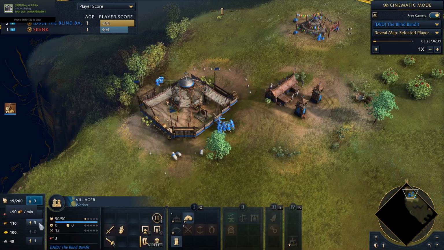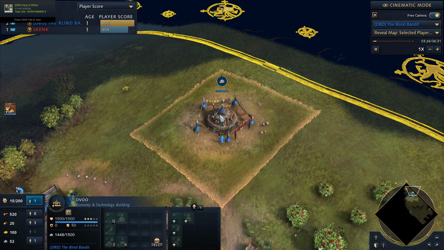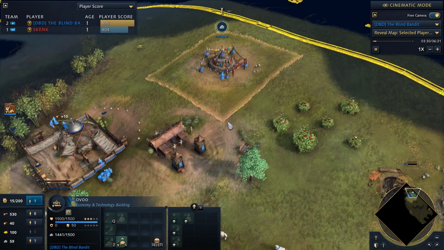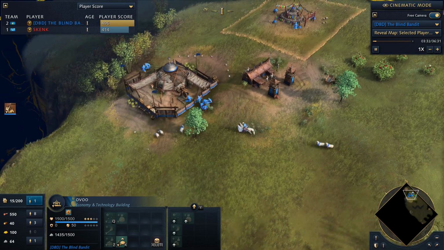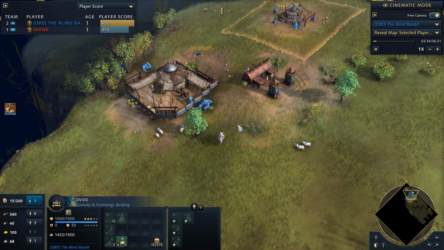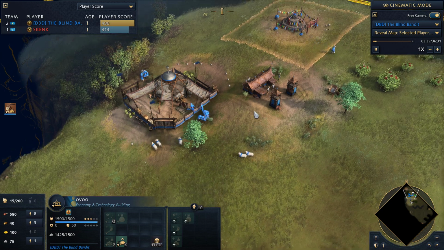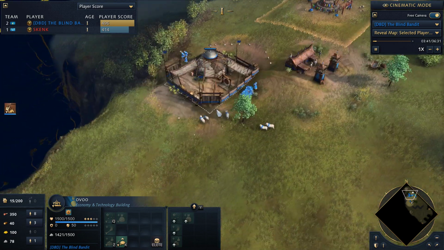8 on food, 3 on wood, and 1 on stone, though that stone is going to be our Uvu special building. I love this. The one main reason I started to learn the Mongols first, though apparently they're quite a hard faction to master, is I don't have to build houses, so I don't have to think about that. I don't really have to collect stone either, because I can just build an Uvu,